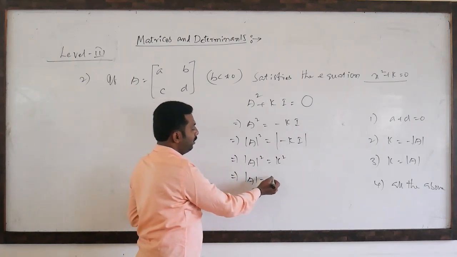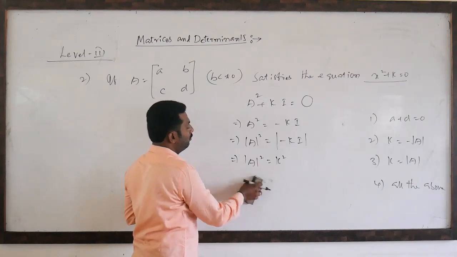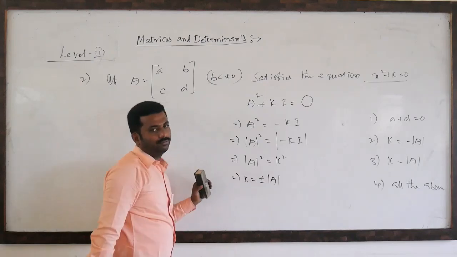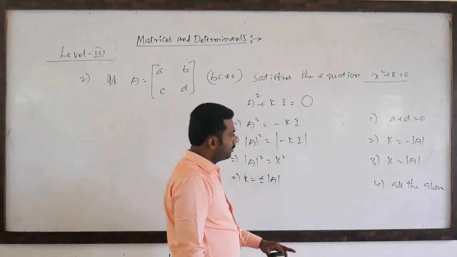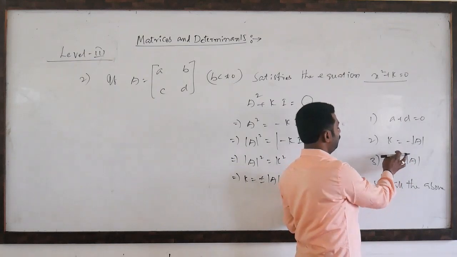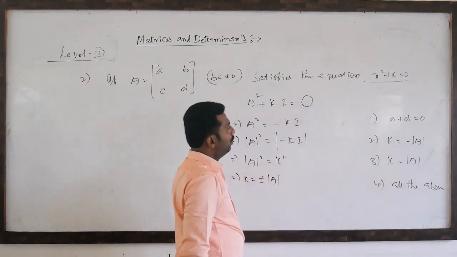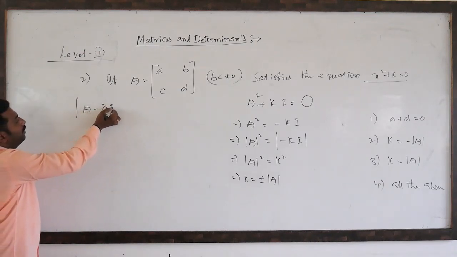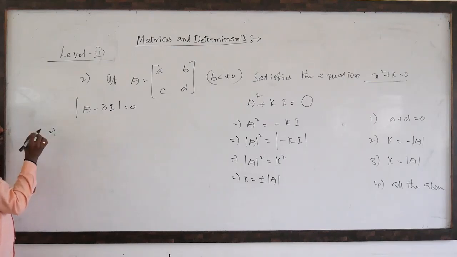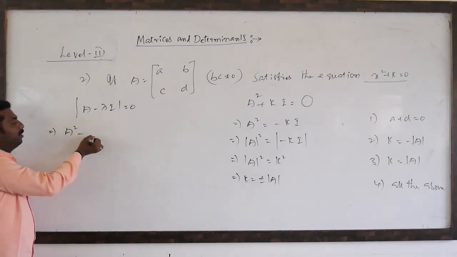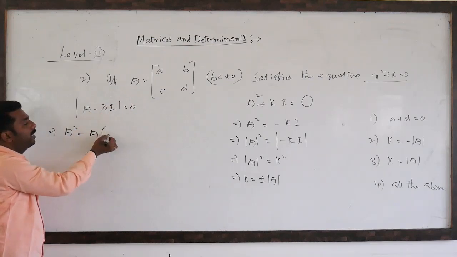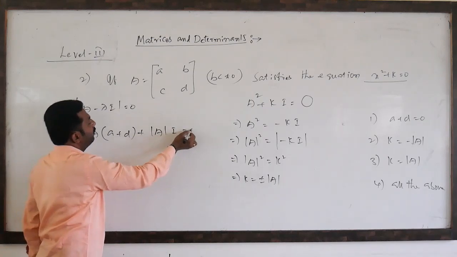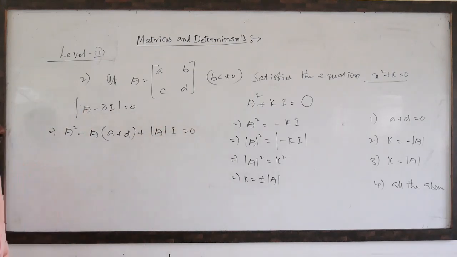So determinant of A equal to, or k equal to plus or minus determinant of A. So k value is plus or minus determinant of A; second option maybe, third option maybe, this one you observe. What is Cayley-Hamilton's theorem? Determinant of A minus lambda I equal to 0. Last class I told this: A squared minus A into the sum of the principal diagonal elements, plus determinant of A into identity matrix, equal to null matrix.